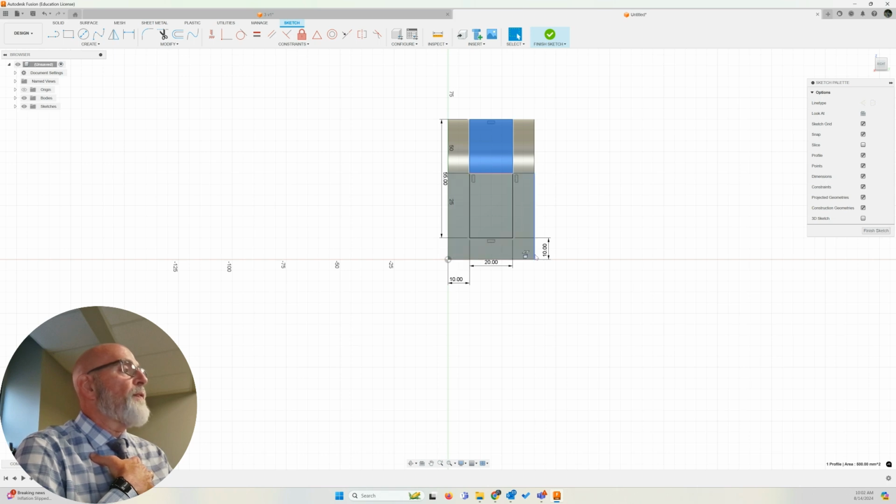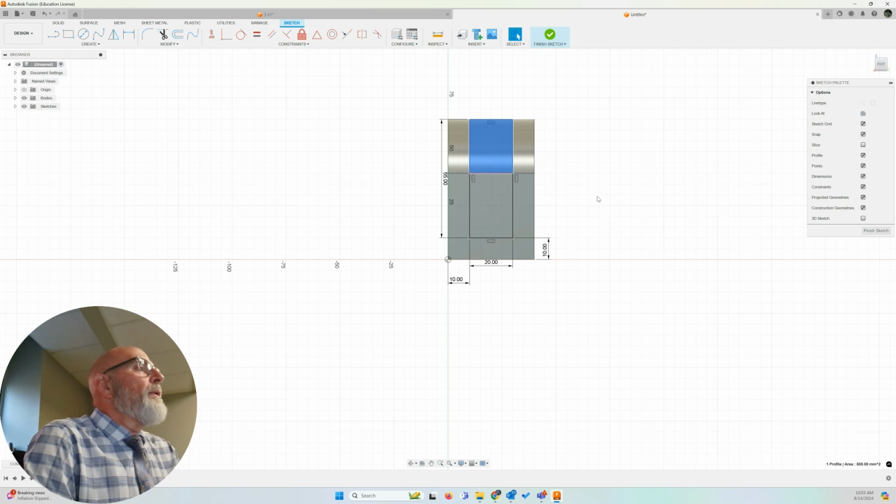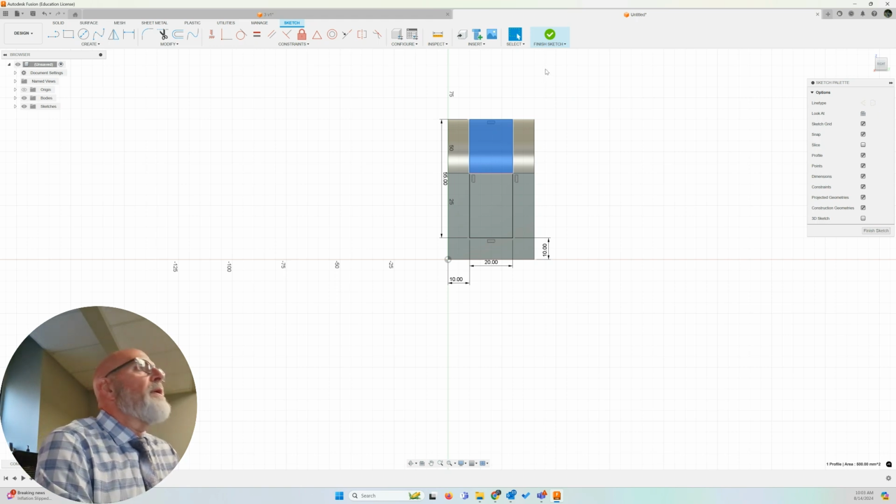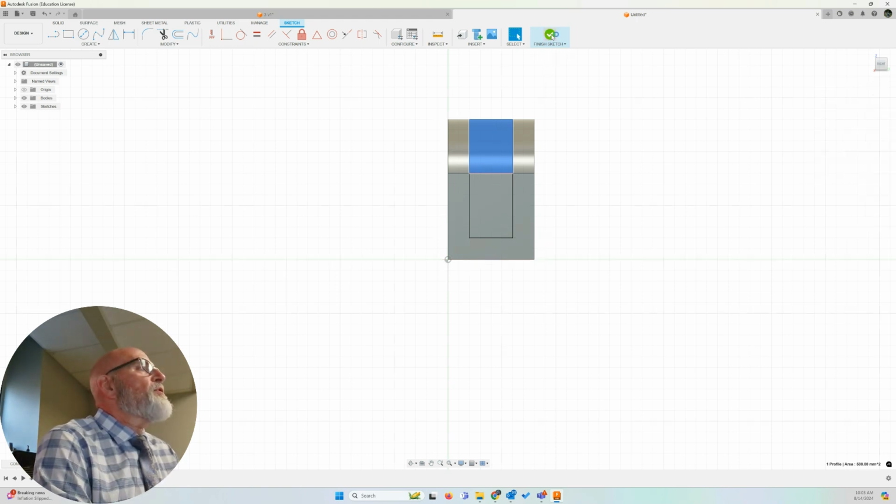My rectangle is positioned. Well, we know this is 40 millimeters wide. This left edge is 10 millimeters from this edge. It's 20 millimeters wide. That gives us 30 millimeters total so far, knowing that if it's 40 total, this is 10 millimeters as well. All right, so we've got our shape there that we want to cut away. Let's finish sketch and extrude. I'll do it the old way. Finish sketch,